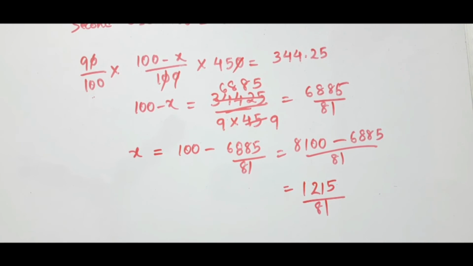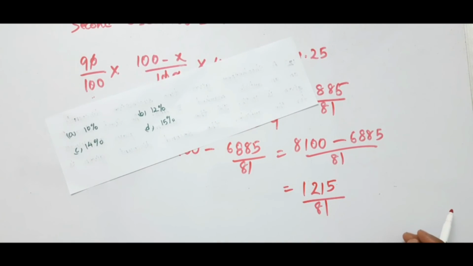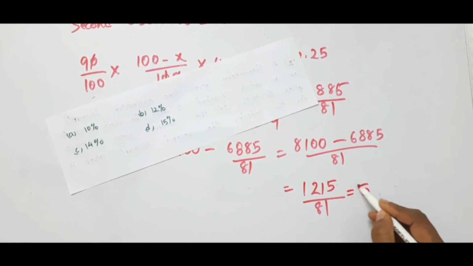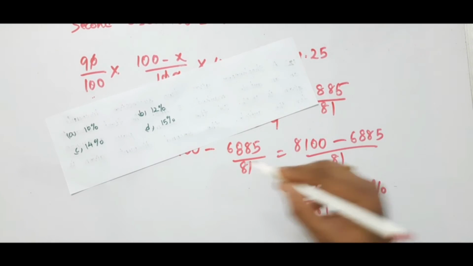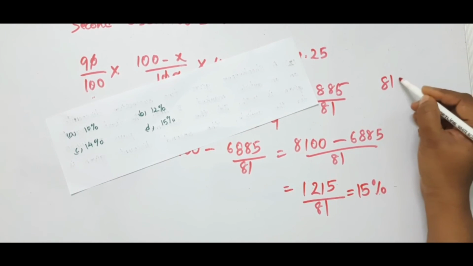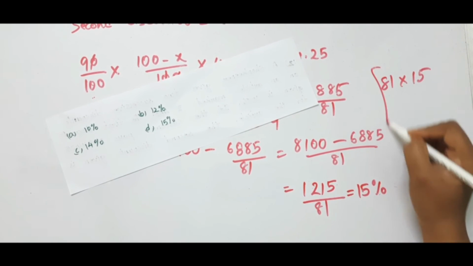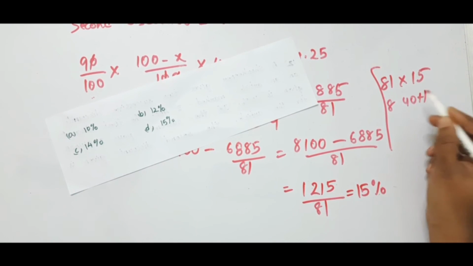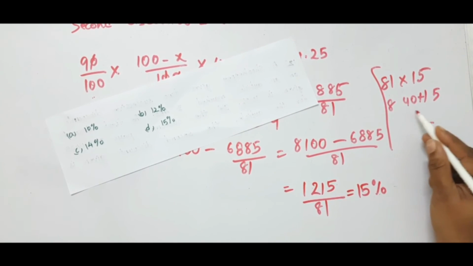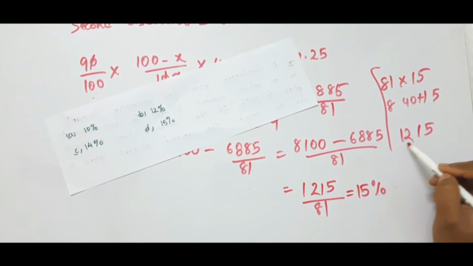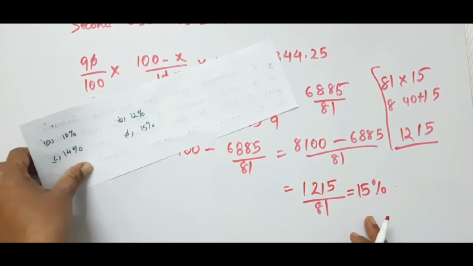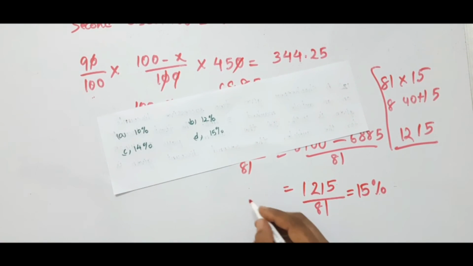Now let us bring the options into the picture. Here 5 is there, so definitely it will be 81 into 15. Let us check whether it is nothing but 15%, and whether you will get the answer or not. It is 81 into 15, is it not? If you use the multiplication trick, it becomes 8, and it is 40 plus 1 and 5. So you will get 5, and here 41, 1. So if you bring here, 2. So we got 1215. So the answer is correct. It is 15%. The option is D.